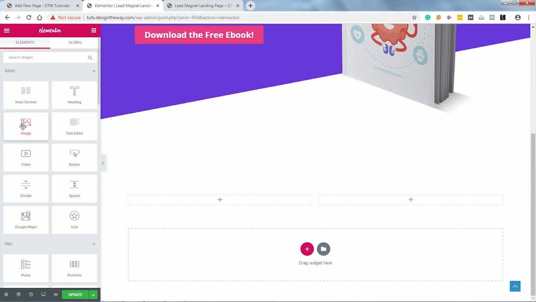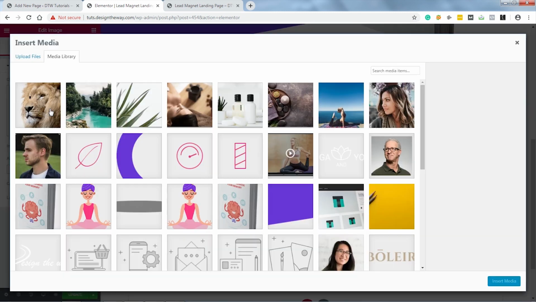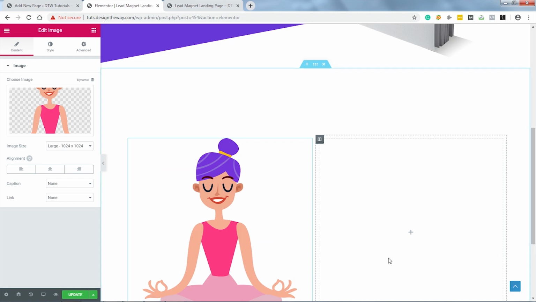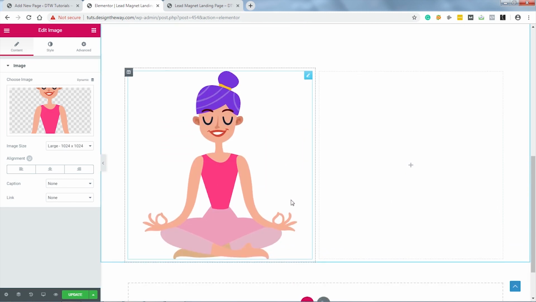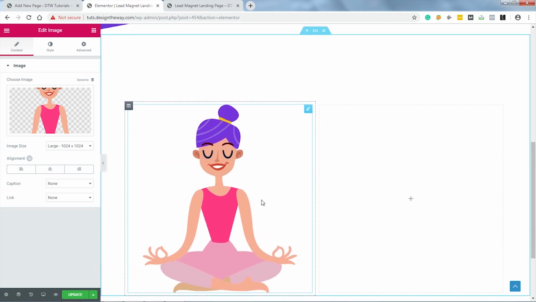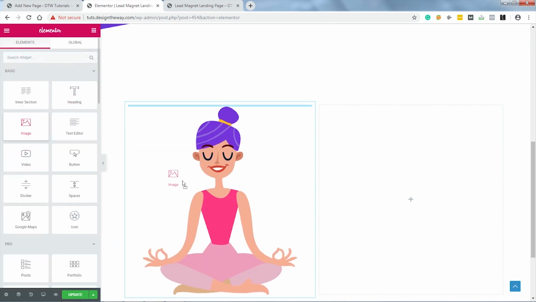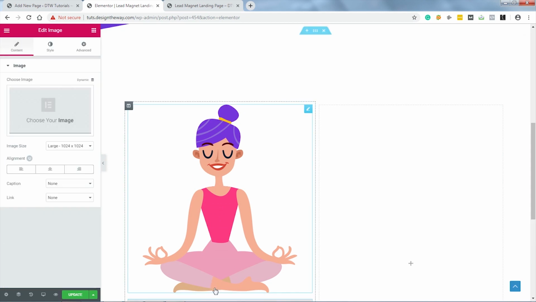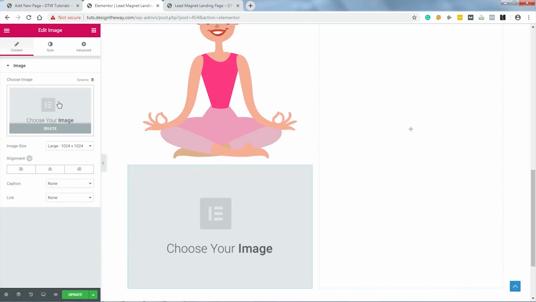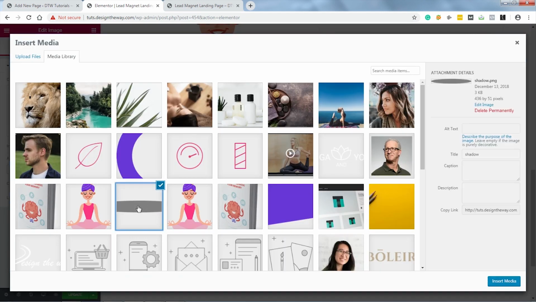So let's add the image first. For this, I will use the image widget. Let's choose the image. I will choose this image, insert. Okay, I will add another image widget just below the image. Let's drag it right down here, and I will choose this one. This is the shadow of the image,